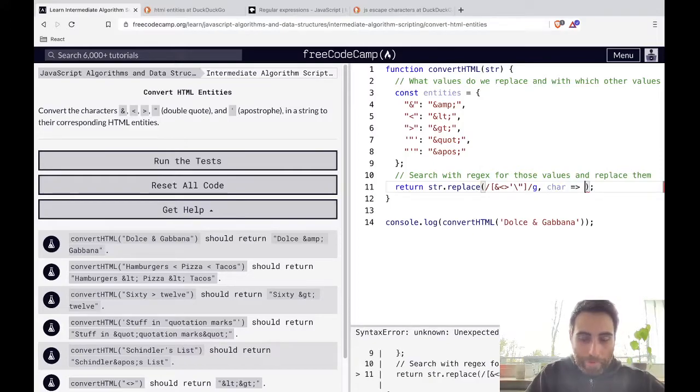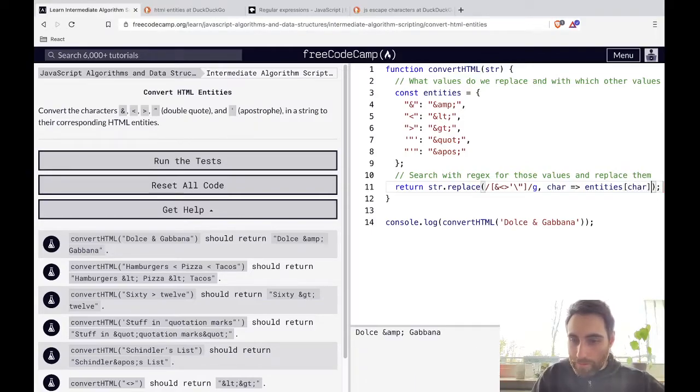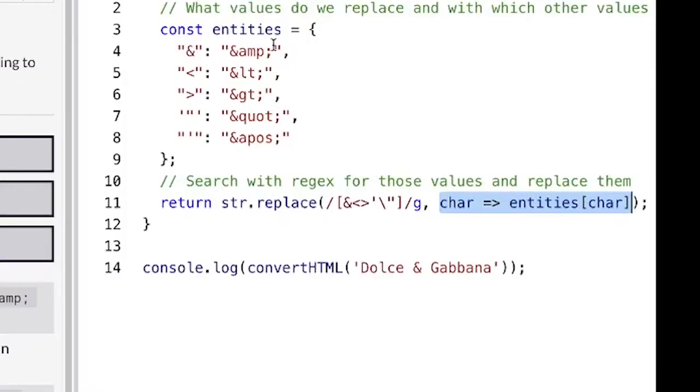So we're gonna be entities char. Exactly, because when you use replace with a callback function, the callback function is basically gonna take the current thing that we are trying to replace and we do something with that thing. In our case, we go to the value within entities of the character that we are replacing right now.